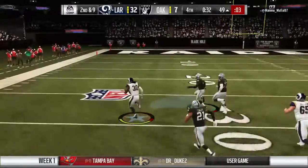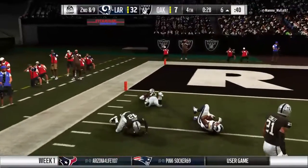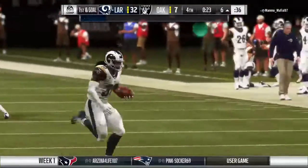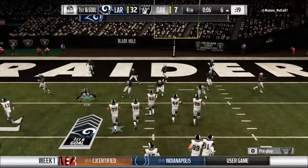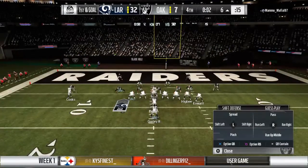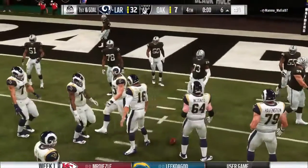And some space here. The 20. And he's going to have this down deep into Oakland territory. A big run there by Gurley, 44 yards on the ground. So Gurley gashes the defense, and a lot of people say, do you take running backs early in the first round? Do you want them that high? Surely you're happy you took Todd Gurley that early. Without a doubt. I love the way that gets